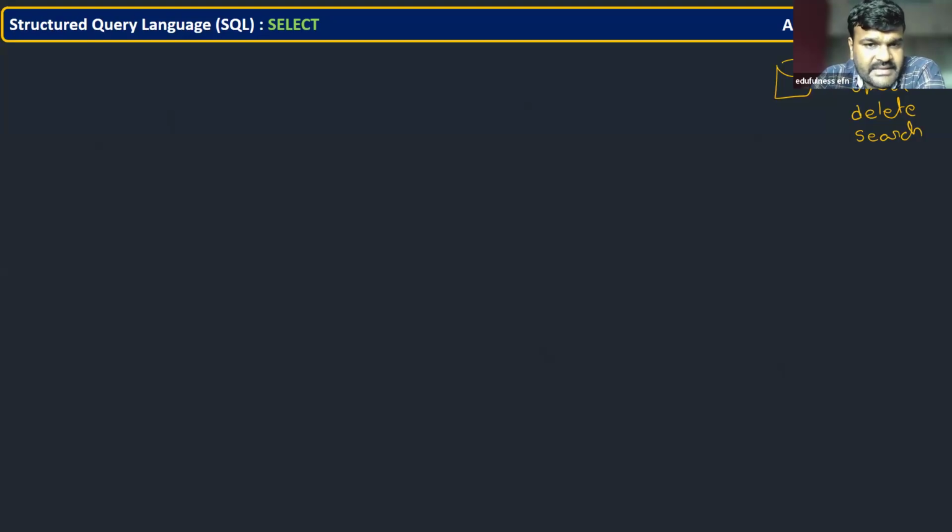Delete, also very rare. But see, simple, whenever you are creating any account, suppose a Gmail account or Facebook account or Instagram account, when you are creating it the first time, your record is going to be inserted. That means your name, phone number, address, gender, many things you are going to provide, right? So those things are inserted the first time. And very rarely you will change the data actually. Maybe your profile photo or phone number, address, something you change very rarely, not every day. And deleting very rarely will happen.